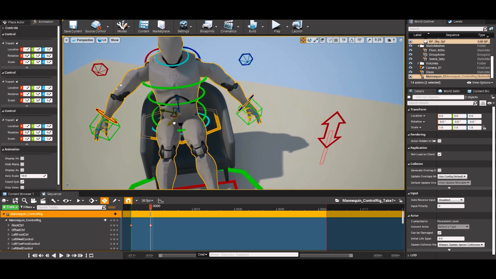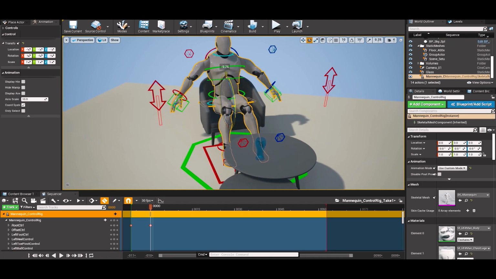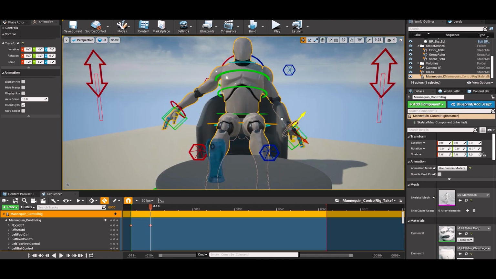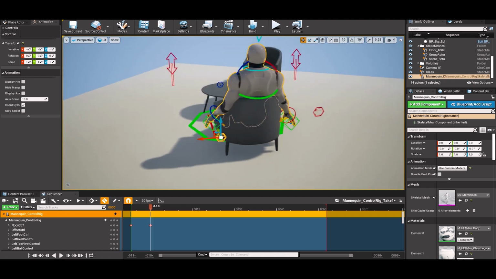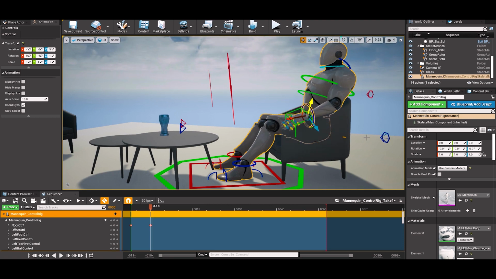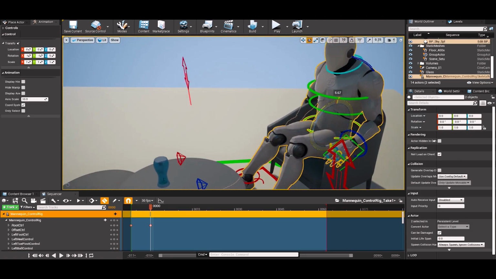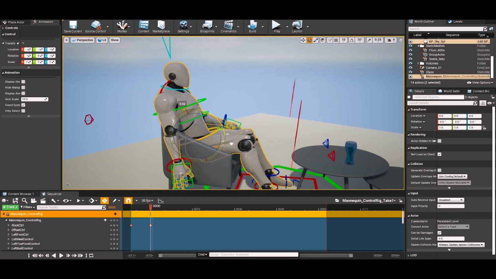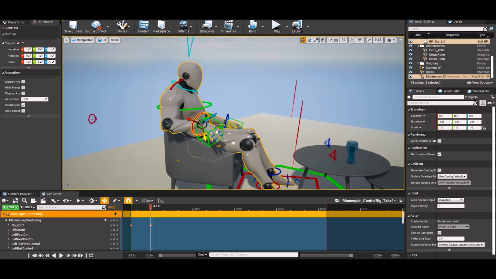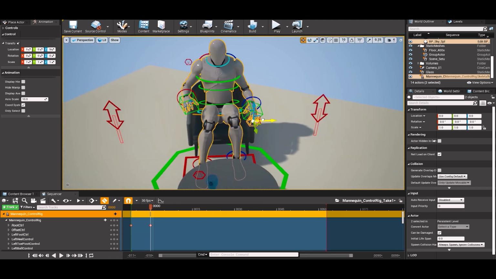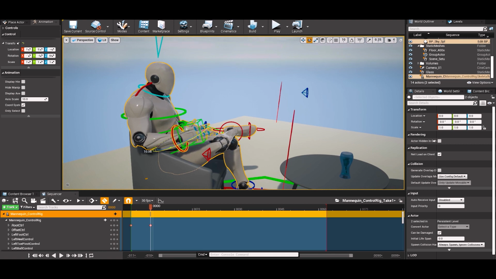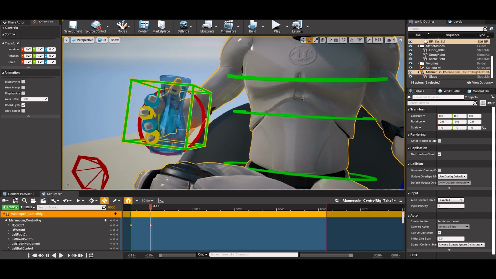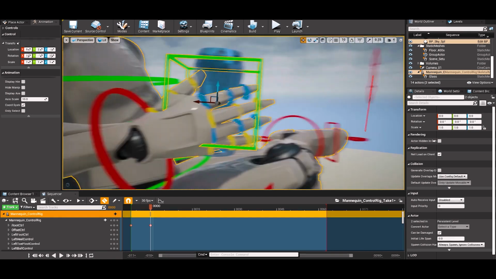Now I don't use Unreal that often, I always animate in Maya, so for me it's a bit difficult to navigate in the viewport, so don't mind that. This is a very basic animation that I made in just 30 minutes to test how the control rig mannequin works and how efficient it is to animate with it. Holding the glass part is to highlight some of the controls which we added and customized on our own.